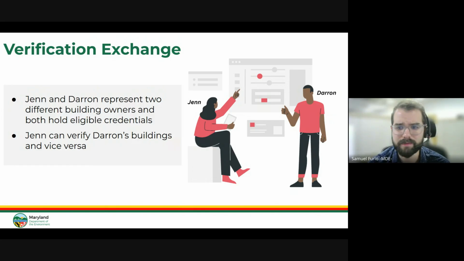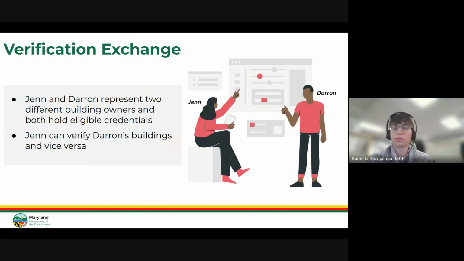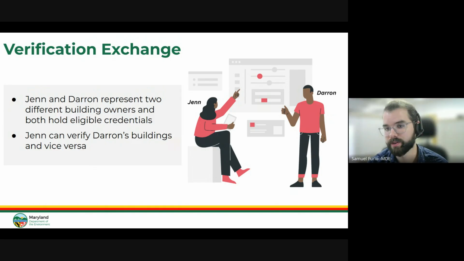Now, basically, in your question, if Jen is an external party from the building owner and is benchmarking for the building owner and also holds the eligible credentials, then her third-party company can also do the verification as well. So that's a good clarification, and good feedback. We can use that to improve this example here. But just coming back to the key terms being third party and a second set of eyes.